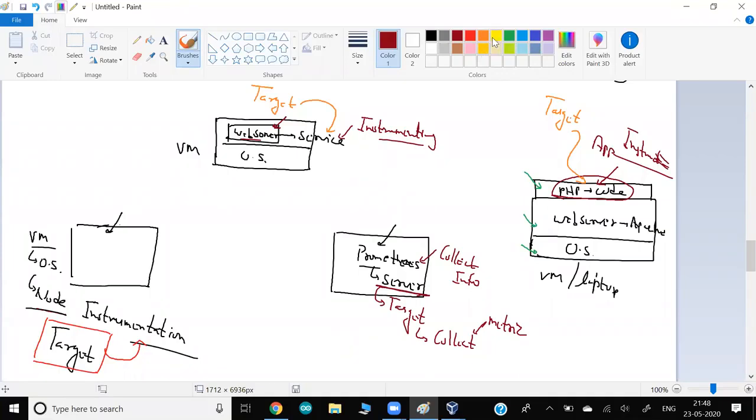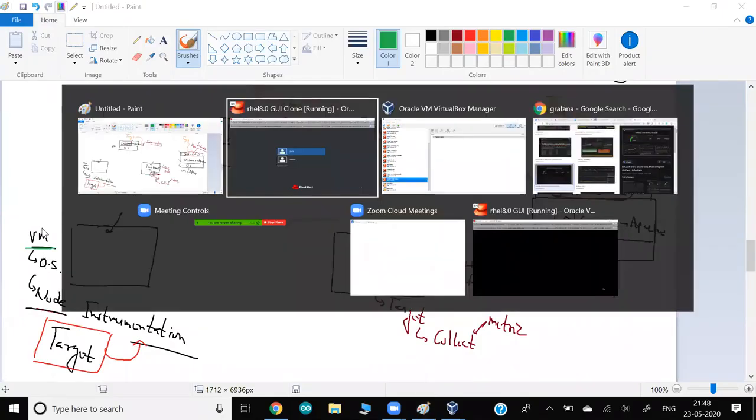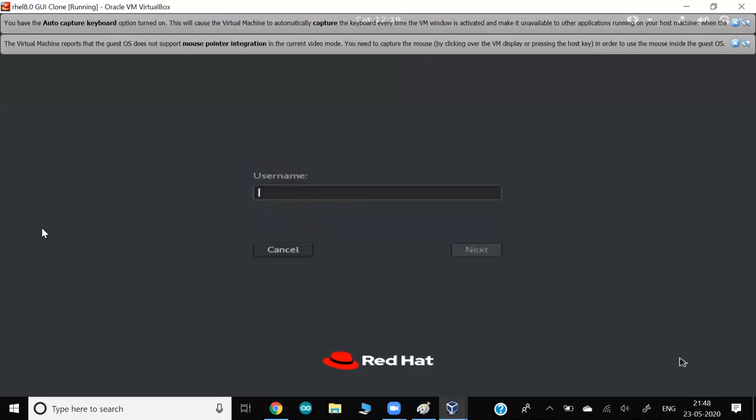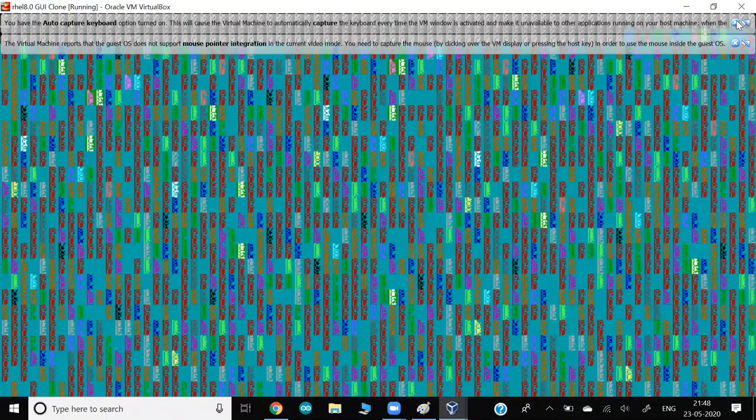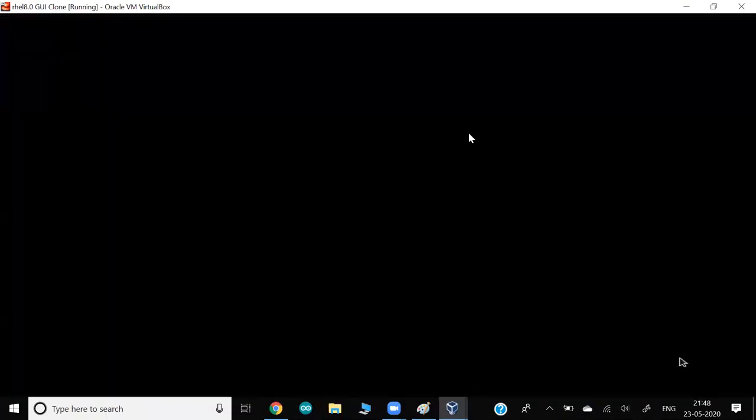But for collecting, guys, how they collect is the main thing. So there are two choices. If you would like to collect the information of this VM, for example, this is my one VM. If somebody would like to collect the information of this entire VM, then I say I would like to monitor my entire VM, or I can say I would like to do node instrumentation. Same thing.